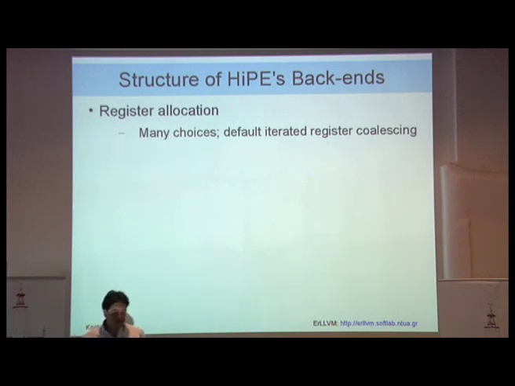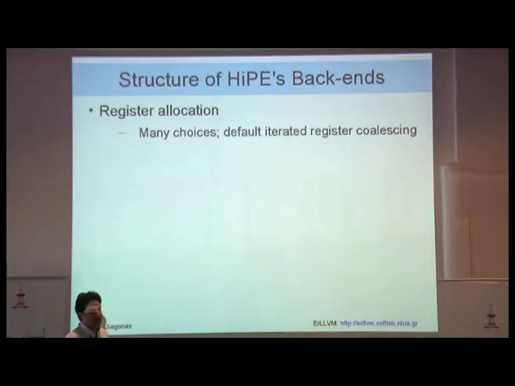So what do we have beyond that in HiPE? We have the various backends, and the component that is very nice in HiPE is the register allocator. Actually, we spend a lot of time in register allocation, and we provide various of them. There are 6 different register allocators. The best one is something called iterated register coalescing, and actually does a very good job.